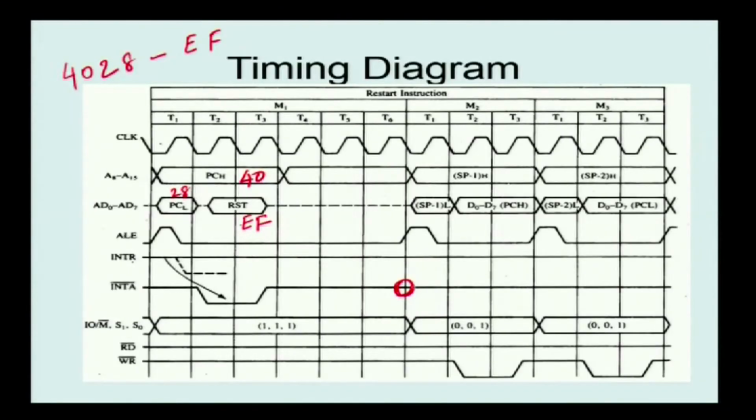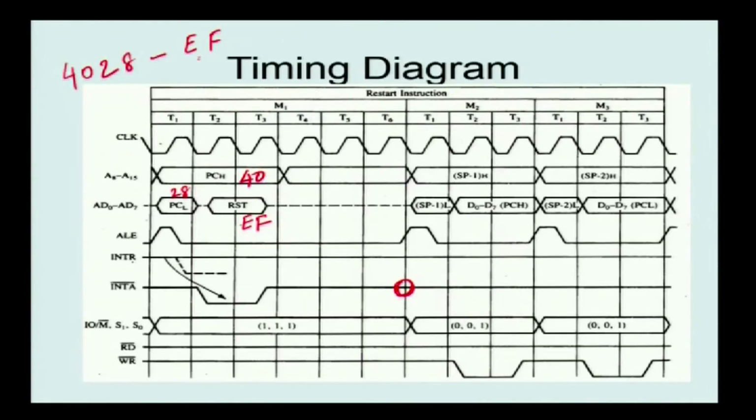in the stack. Now, we have to pop the data from the stack. In the stack, we store the data with the principle of last in first out. Last in first out means the data you stored last, you have to read first. Usually, how do we store 16 bit data? First we load the lower byte, then the higher byte. So, first we push the lower data, then the higher data. Now, when we take the data, first we have to read the higher data, then the lower data. That is why here the data is reversed.